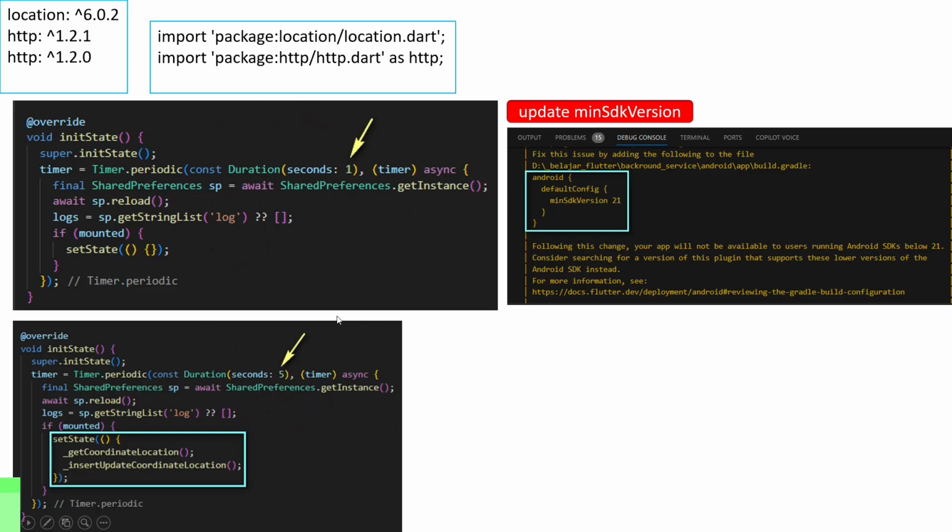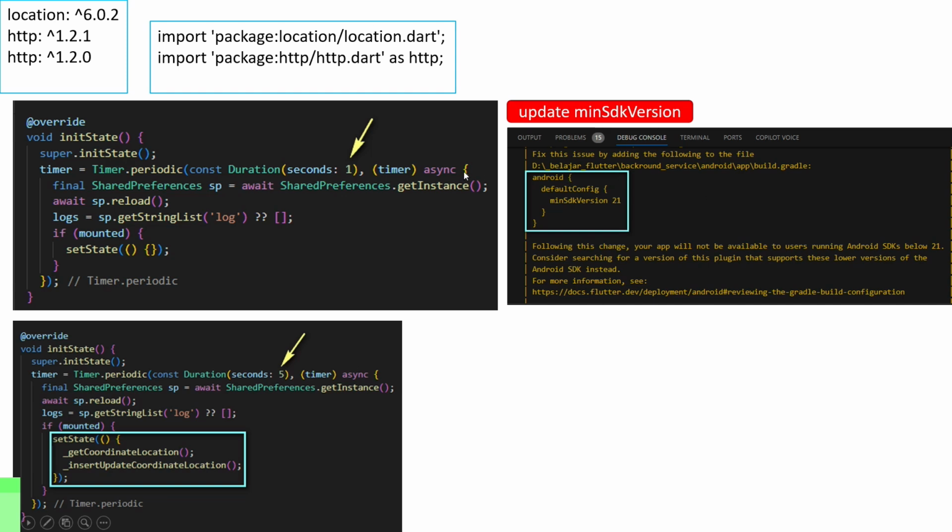Okay, you must change how long, how often, you send data to the server periodically. Maybe 5 seconds or 10 seconds, up to you.